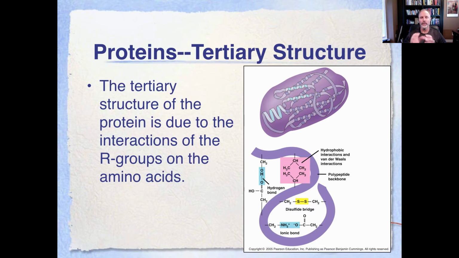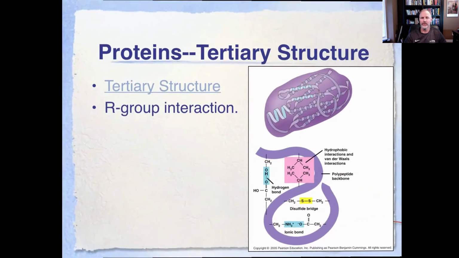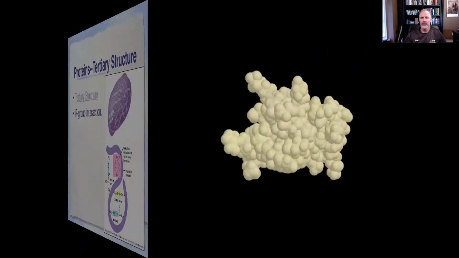Okay, and the R group interaction gives rise to the tertiary structure. You can have some hydrophobic interactions, some hydrophilic interactions, some electrical interactions, those different types of things with the different R groups. That's what's going to give rise to this tertiary structure. Okay, now